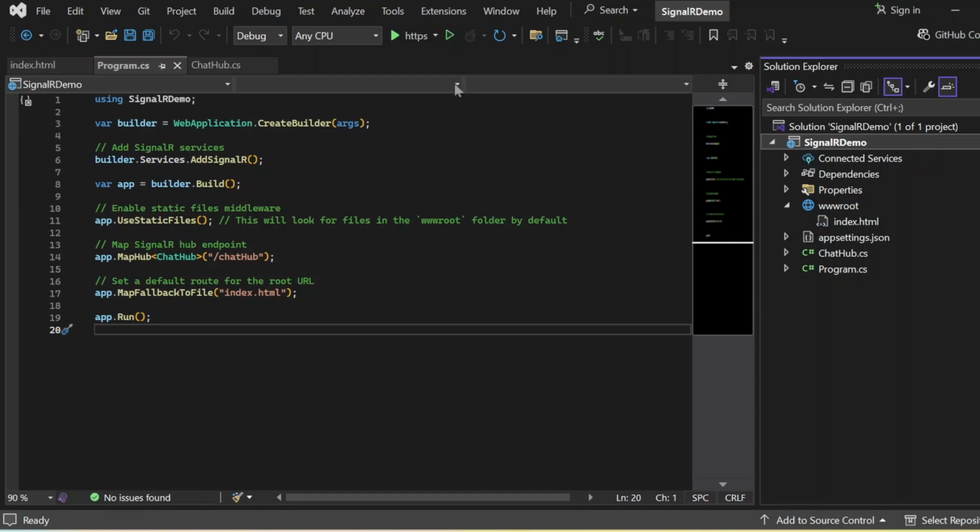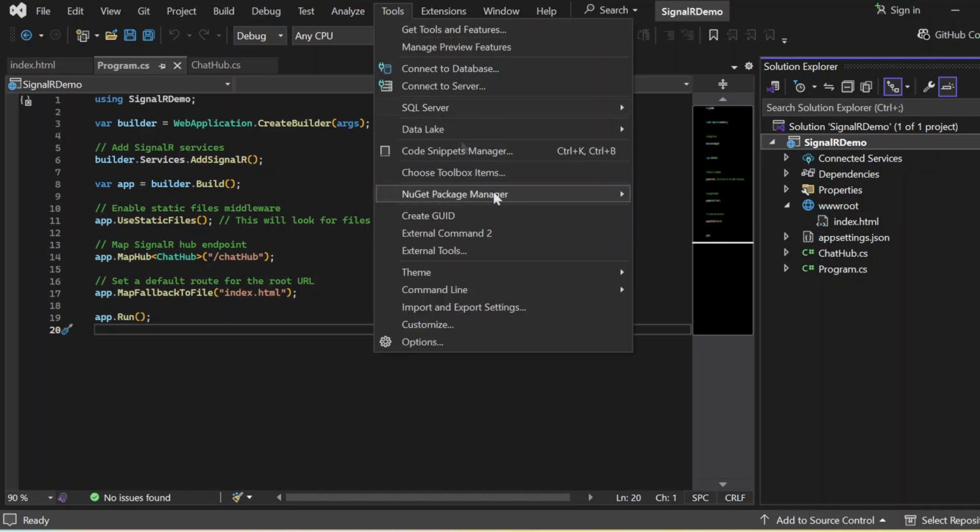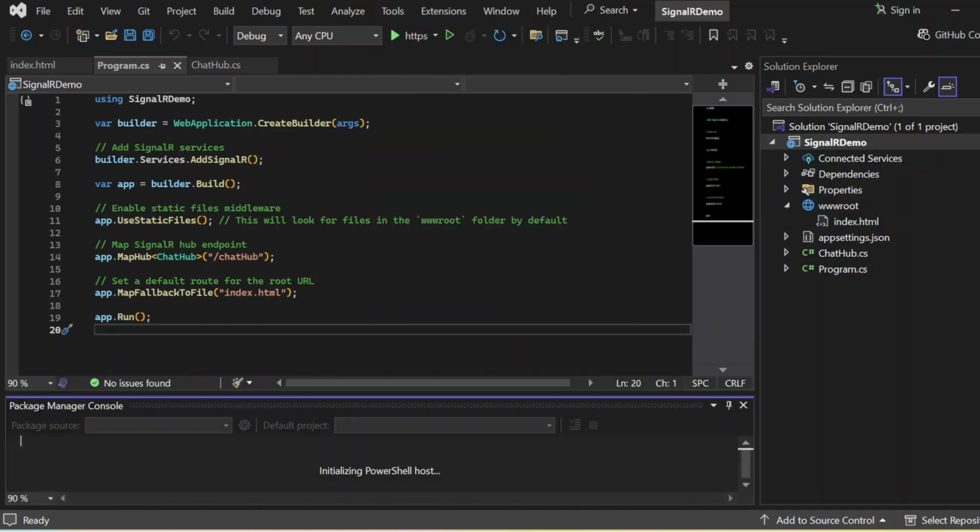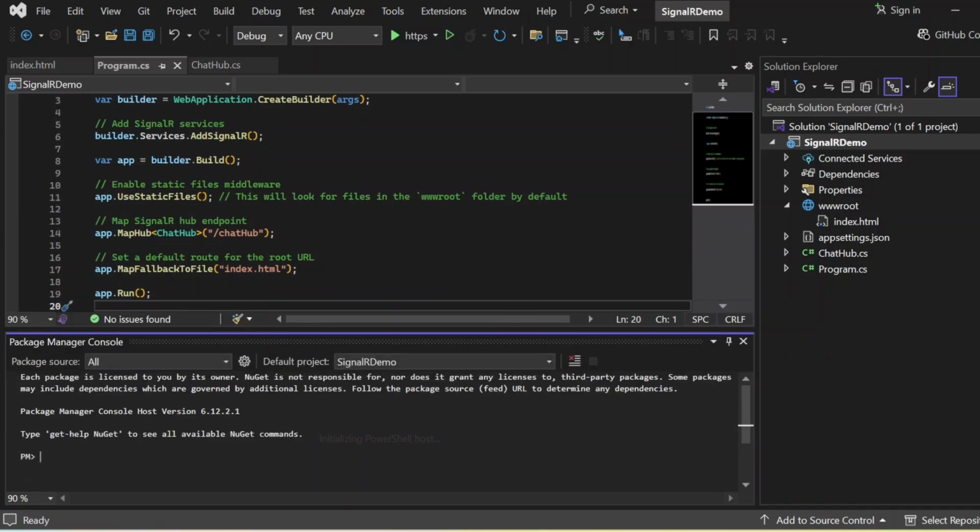It's very simple. We just need to go to Tools, then NuGet Package Manager. Here we need to click Package Manager Console. Once we click it, this Package Manager Console window appears. Here we need to type the command dotnet add package Microsoft.AspNetCore.SignalR. Let me type it. We need to write dotnet, then add, then package, then Microsoft